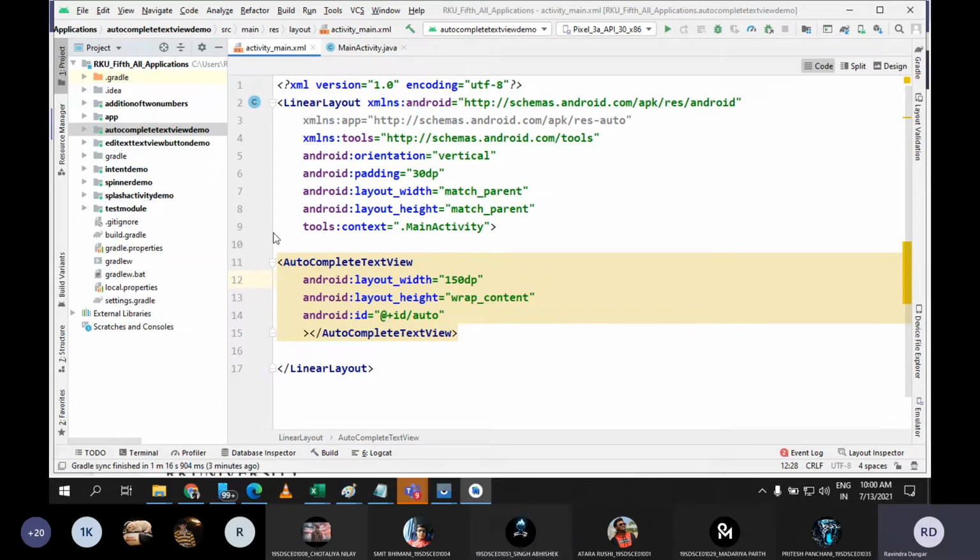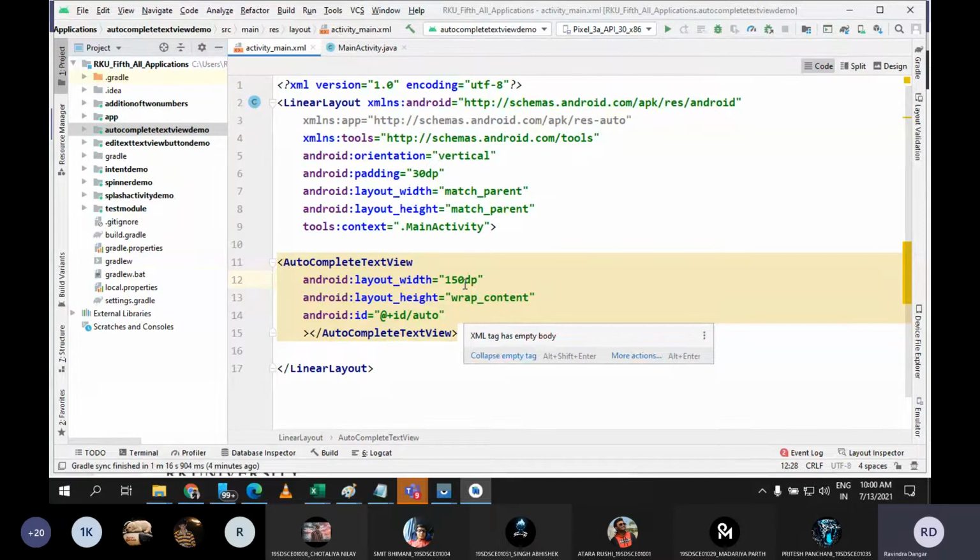Now what we want is, once we start writing something inside the autocomplete text view, whatever items are getting displayed inside that drop down, from that, whatever item I select, I want to display a toast message in which I want to display that item. This is what we need to do. Or else if you want, you can use a text view also, inside which you can set the text. It is up to you. Whatever things you want to do with this autocomplete text view, you can do it according to your logic. You will have to implement the things. As of now, whatever suggestions I am getting, from that suggestion I'll select any item, and whatever item I select, I need to display a toast message accordingly. This is what I want.